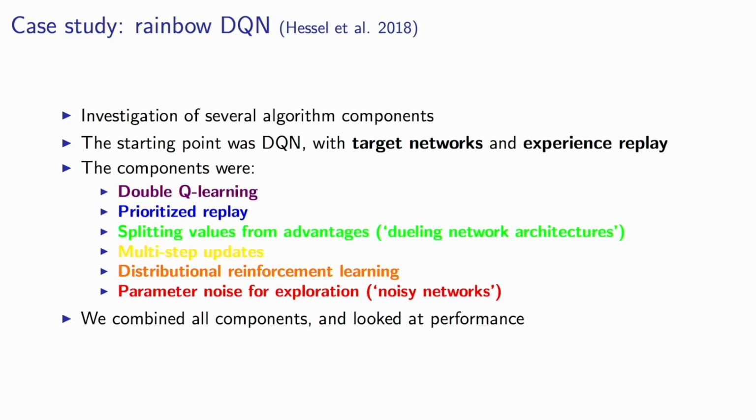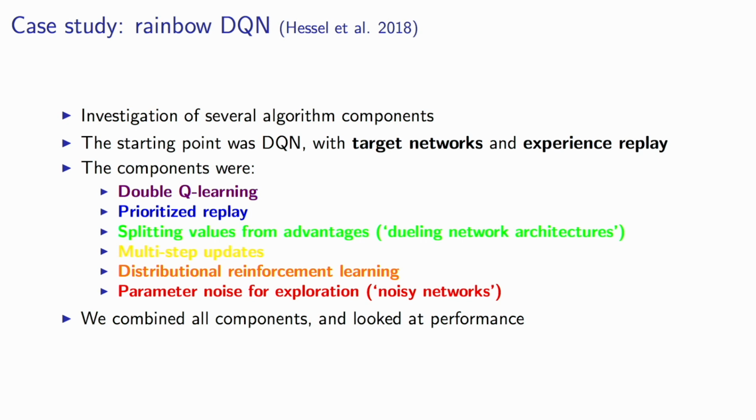And then we combined all of these components into an agent also to see what happens, but to also understand the components better, because each of these was basically proposed in a separate research paper, just looking at that specific component and then showing, well, this might be an interesting thing to look at. But then combining them is not necessarily as good, or the different components don't necessarily combine well. So it was an open question whether they would. And so that's basically what we did. We combined them, we looked at performance, we looked at how the performance depends on all of these components, just to understand better how all of these things come into play.